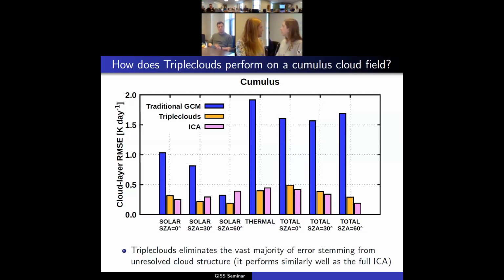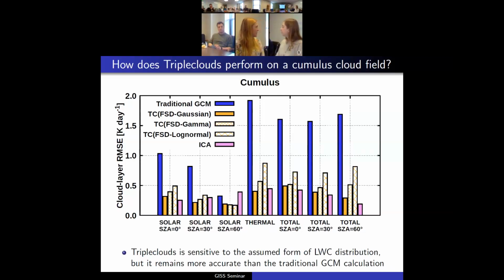As a next step, I then tested the sensitivity of the solver to the assumed form of liquid water content distribution. This is the same graph as before, except that I used 3 different assumptions for cloud condensate distribution: Gaussian, gamma and log normal. We see there is clearly some sensitivity to the assumed form of distribution. Log normal did not work so well in this case, so we have to be careful which distribution we choose. But overall, the solution remained more accurate than the traditional GCM calculation in all these experiments, regardless of the exact